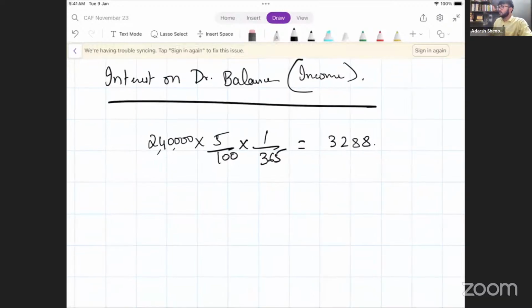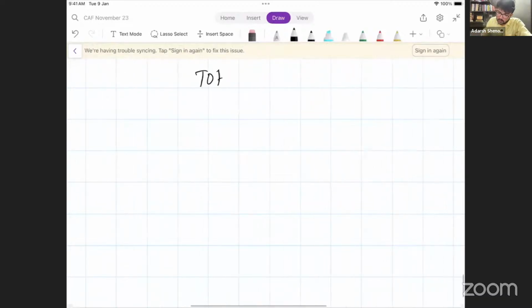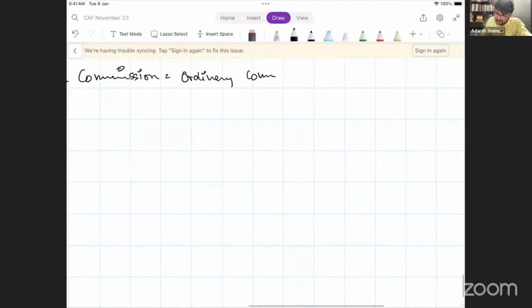So for commission calculation, again, avoid shortcuts. It is for our ease of calculations that we do it like that. Write the full forms only. If you want, the first time you write the full form and then in brackets you write the shortcut and then you use the shortcut. So when I'm writing total commission, I'll write like this. Total commission is equal to, pardon my handwriting, ordinary commission less